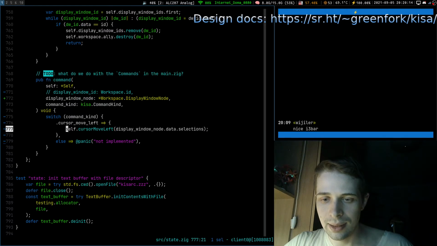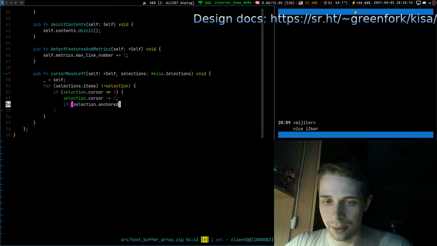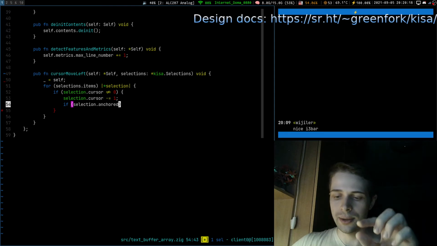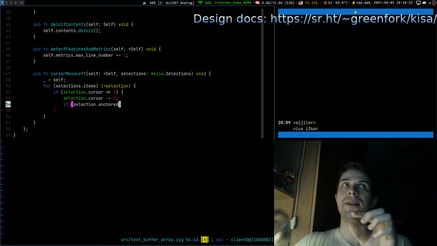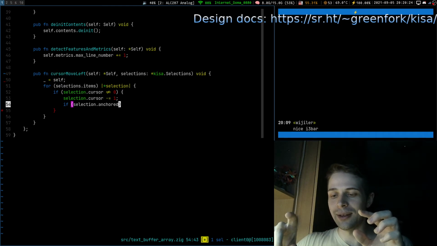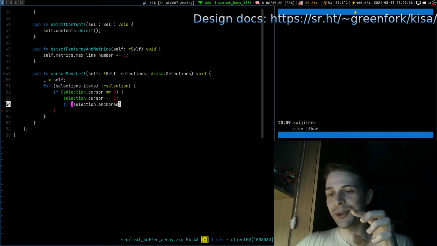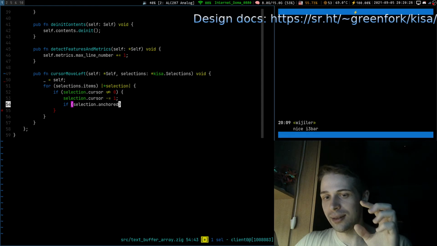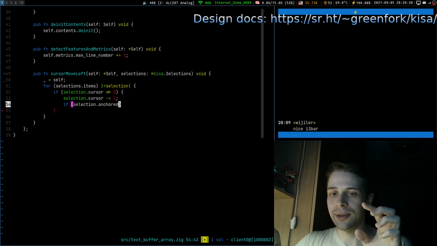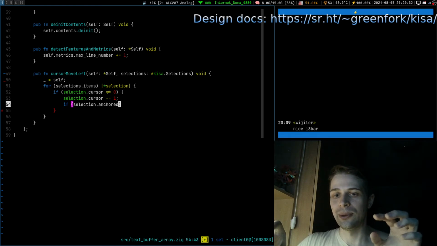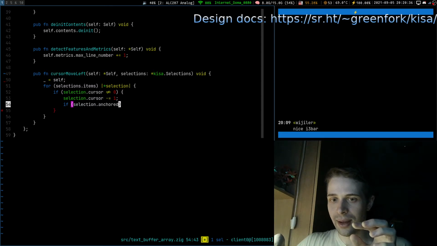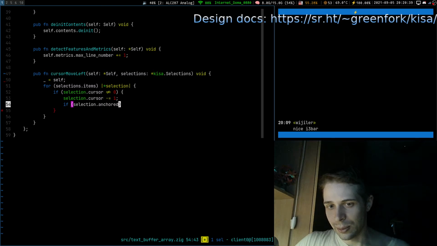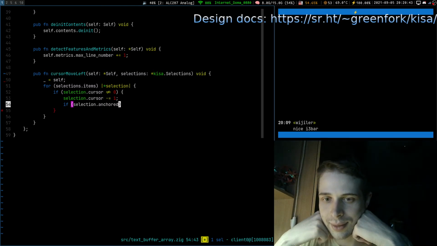So if it is anchored, we should not touch it, because no matter how the cursor moves, anchor should stay at the same place. But if it is not anchored, we should move cursor and anchor together. And do we check that anchor is also not 0?